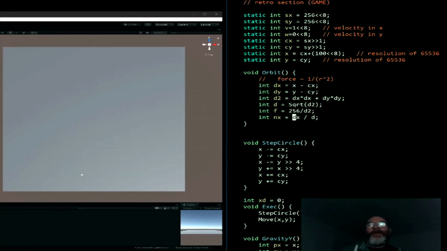If 2, we want to divide it by 2. So I believe the correct way of dealing with this is 200, no. Oh, I need to multiply dx by 256 first. Let's try with some values in my head. If dx is 100 and d is 256, I need it to stay at 100. So I believe I need to say 256 multiplied by dx, or we can do this,